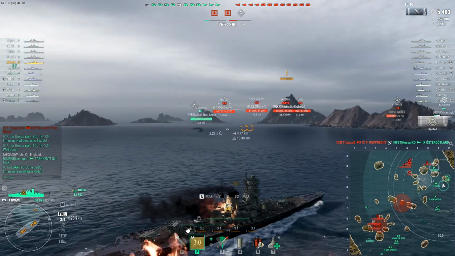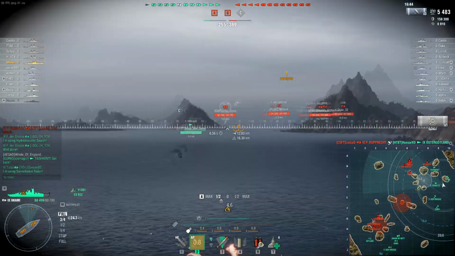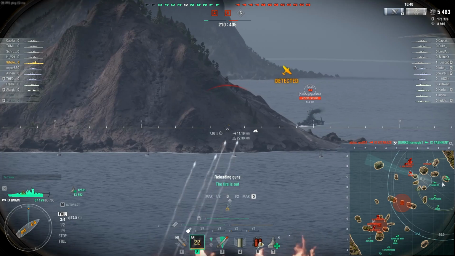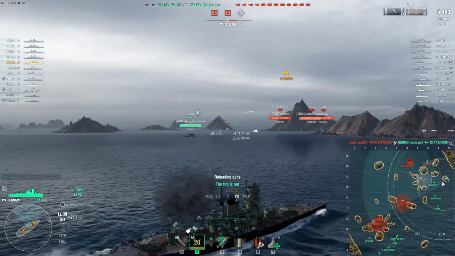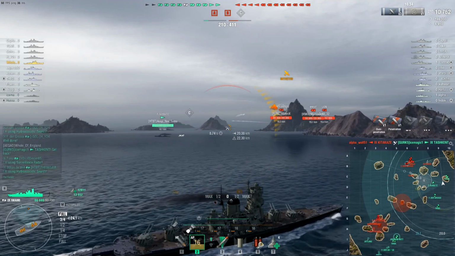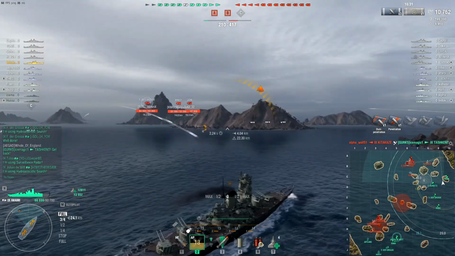Now, for what we're doing at the moment, we are going to the top right side of the map, because with pretty much anything where you're playing in secondaries, and also we do have this Tulsa over here, which is sort of bow one, which is going to be a bit of an issue for us, but as you can see, there are quite a few islands around here, which is going to make life a lot easier for us,